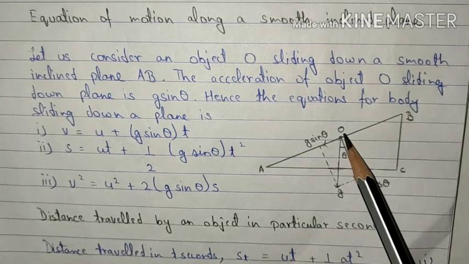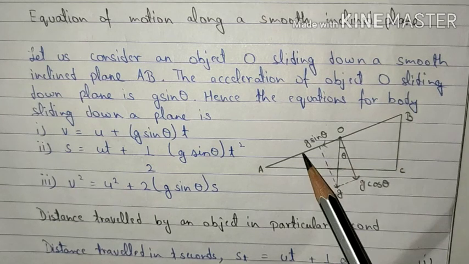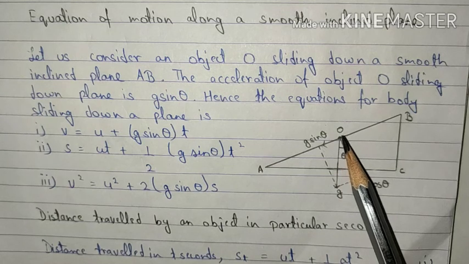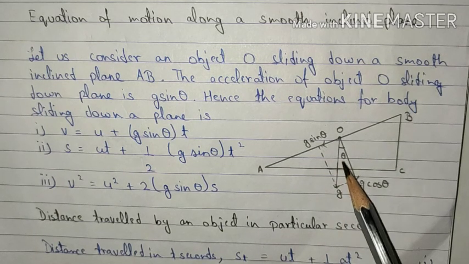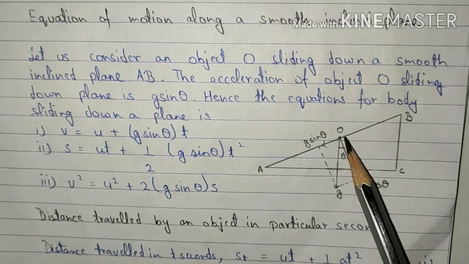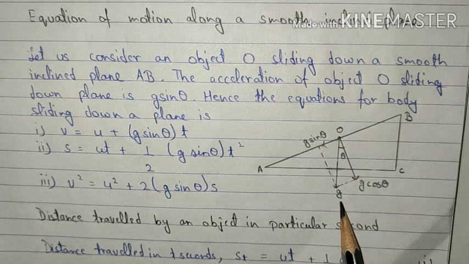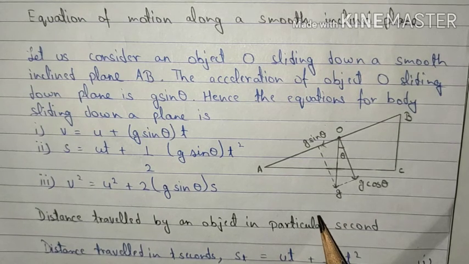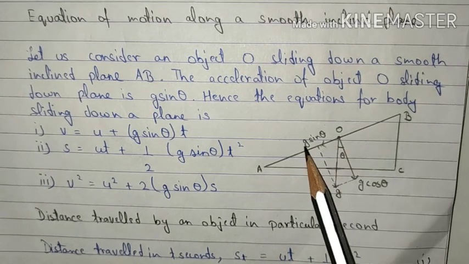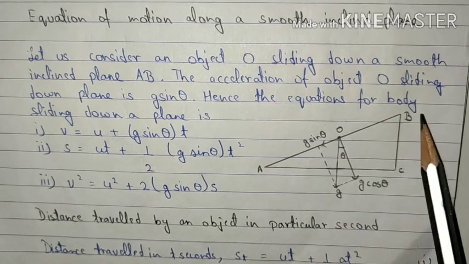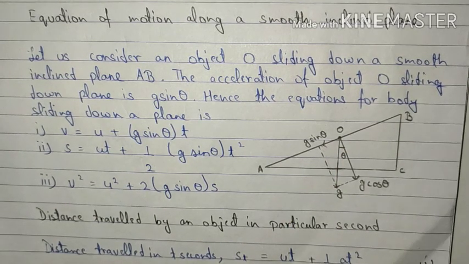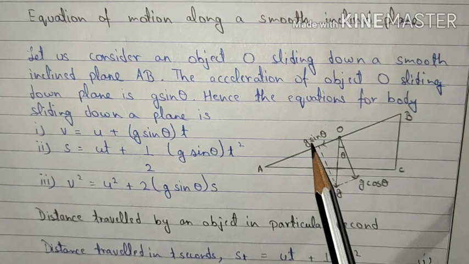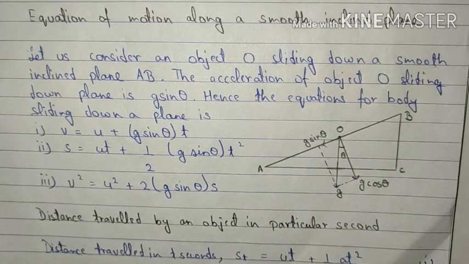Suppose the ball was kept freely over here and not on the inclined plane. In which direction must it have moved? Because of the acceleration of gravity, it will move vertically downwards. And when it is moving vertically downwards, the acceleration applied on it is g, the gravitational acceleration. However, since the ball is moving in this direction instead of straight down due to the plank placed over here, the acceleration acting on this object will be in this direction.